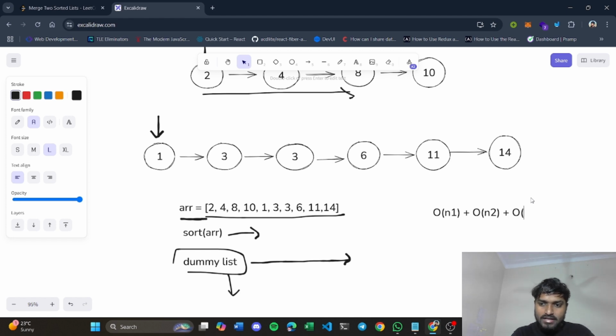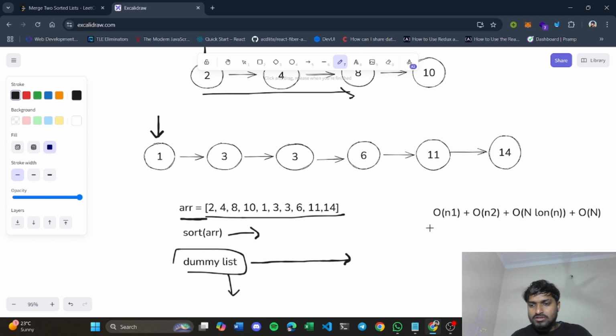Let's call the length of the array capital N, which is the number of elements in both the linked lists. So sorting will take O of N log N time complexity. Again, when you are creating your dummy list and traversing the array, it will take O of N time complexity. So this is the time complexity of this approach.